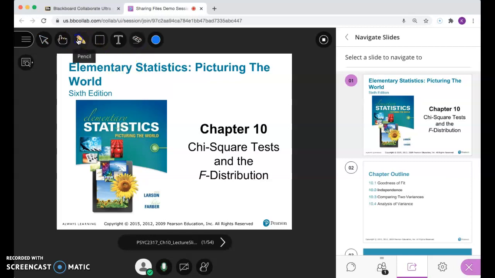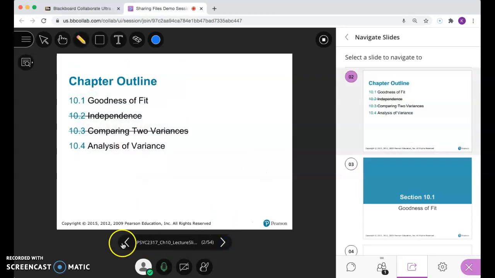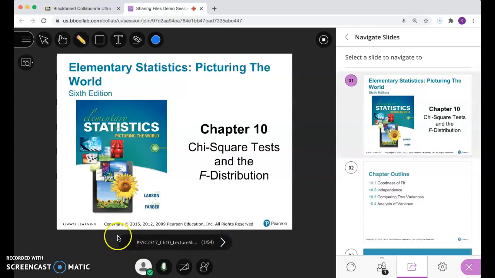It's important to know that Blackboard Collaborate Ultra will clear things as you advance. So if you underline a word on a slide, then advance your slide, and then return to the previous slide, that underline marking that I made underneath the word statistics has now cleared. So any annotation that you do is specific to that display and will clear as you progress away from that